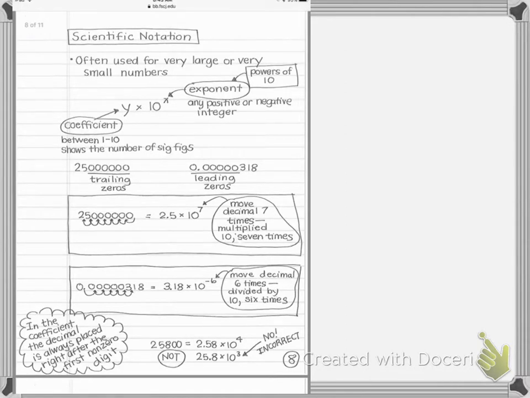When recording very small or very large numbers, oftentimes it would be recorded in something called scientific notation. You may be familiar with scientific notation as exponential notation. This should be something you've already seen before in one of your math classes. But this short video just goes over how we write things from standard notation to scientific notation and